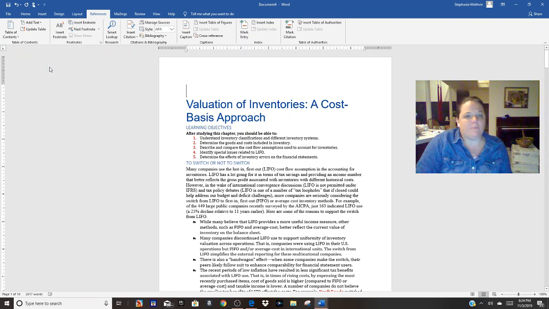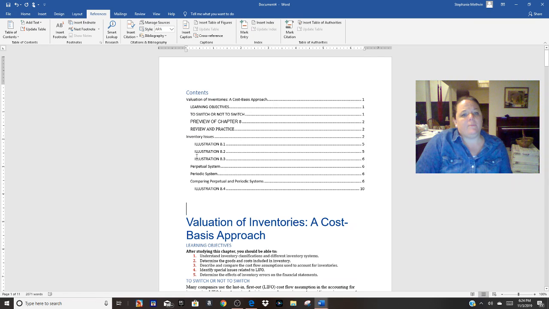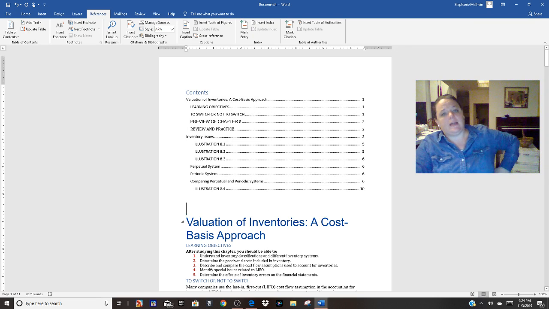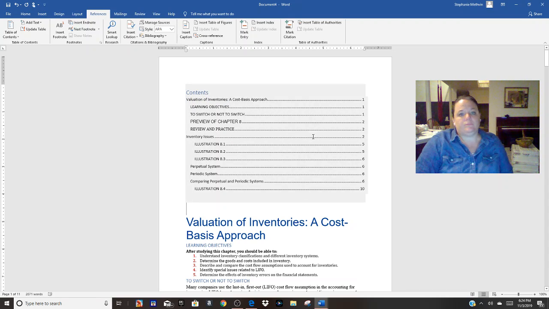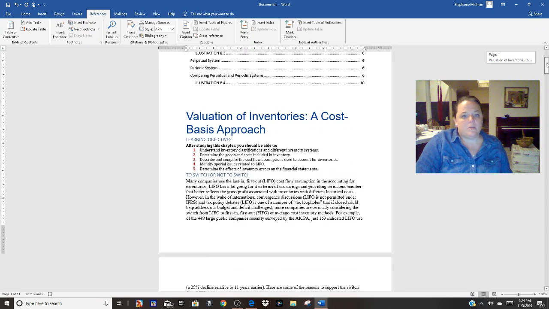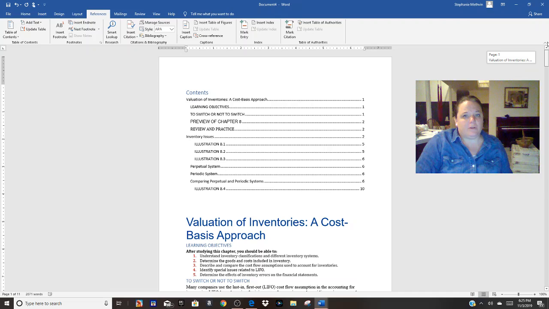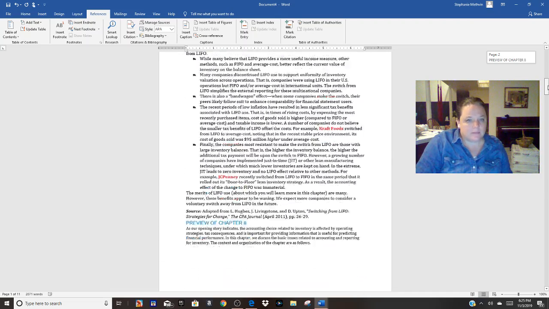Let's go with automatic table 1. Now, it automatically took everything that I already had on here, the ones that I had labeled as heading 1, heading 2, heading 3, and stuck them in here. So remember, that's super easy to do, and it looks very cool.